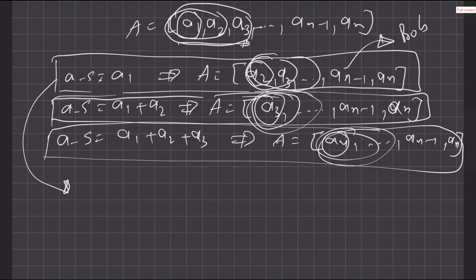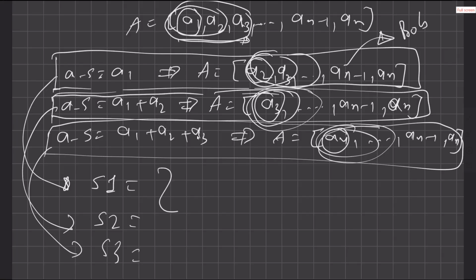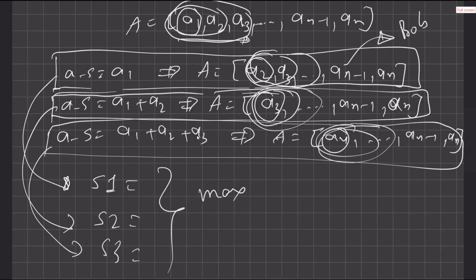So Bob will also choose in an optimal way. After choosing the element, whatever values we are getting from the recursive function will add to our scores. So in this case, when Bob achieves just one value, let's say our score is S1. Similarly, in the second case, we'll have S2, some score. Similarly, S3, some score. Now, depending on these three, whichever has the maximum score,